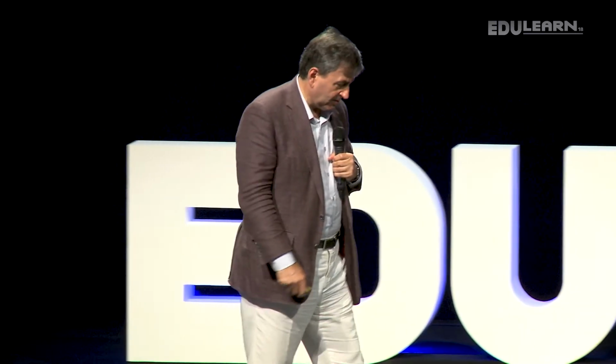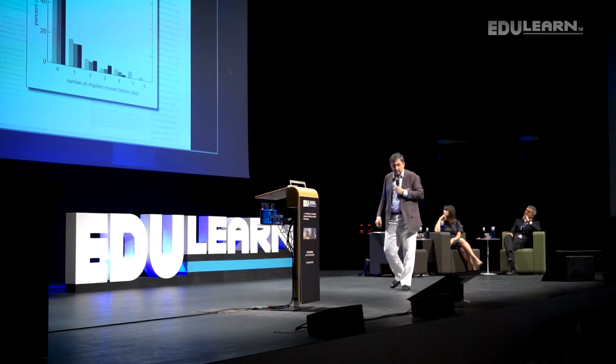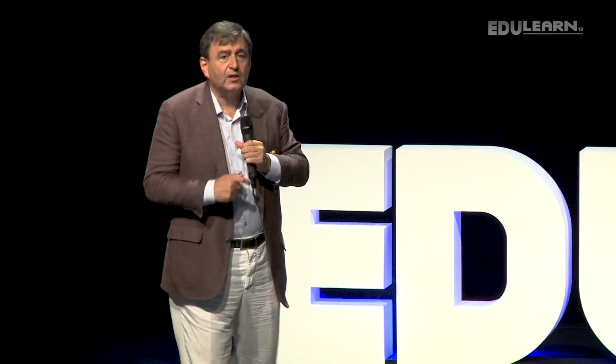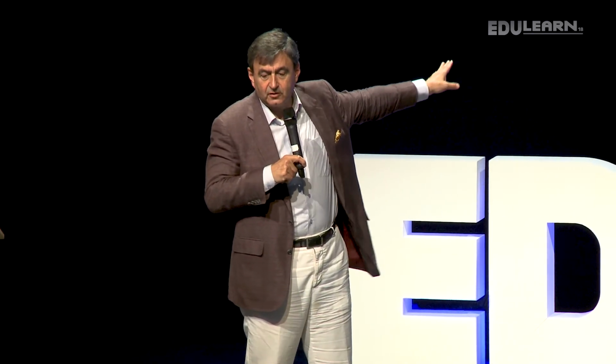Let me show you some results. These data are actually from my own class at Harvard, but we recently analyzed data at Ohio State and some other large schools, and they're no different. On the horizontal, you see the number of chapters that the students missed throughout the term. That graph continues far outside this auditorium, because the students had to read 17 chapters, not just 6. But all the other data is 0, which is why I'm not showing it. It shows it for 3 different semesters as we were fine-tuning the algorithm. The dark one is the most recent one.